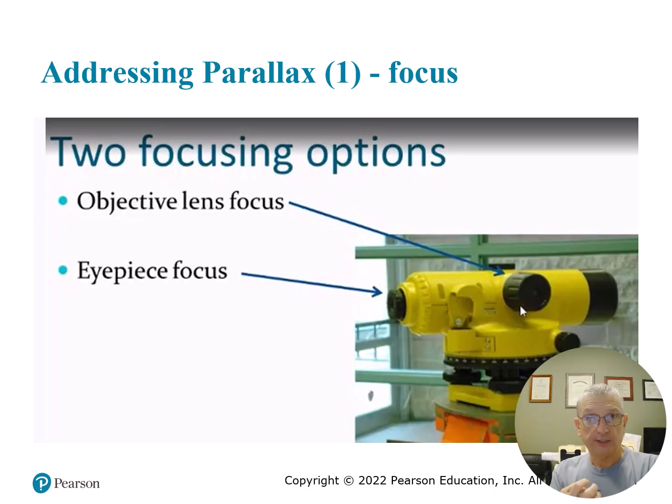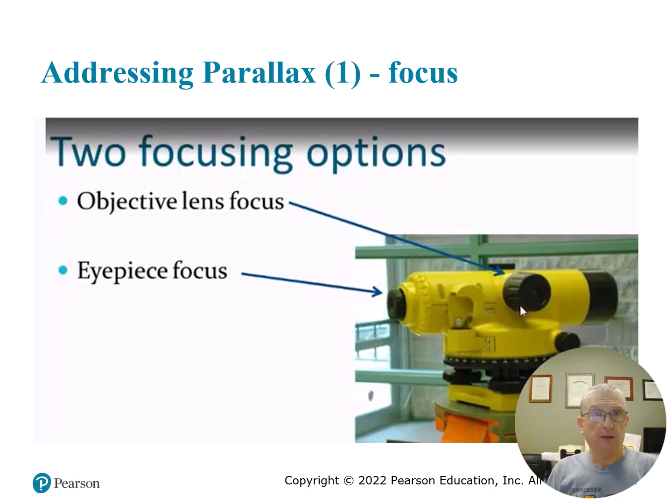It's very hard to detect. That's why when you have parallax, you have measurement errors that were not detectable, were not the instrument's fault, were not systematic or random. They are human errors. They are avoidable errors. And so we have a hard enough time controlling the various factors that create errors in survey measurements. So we need to first, with any instrument, and we'll do this in the labs, make sure